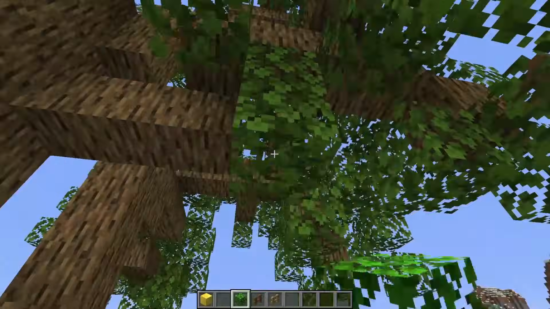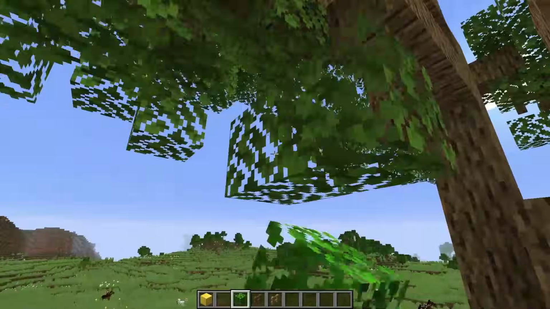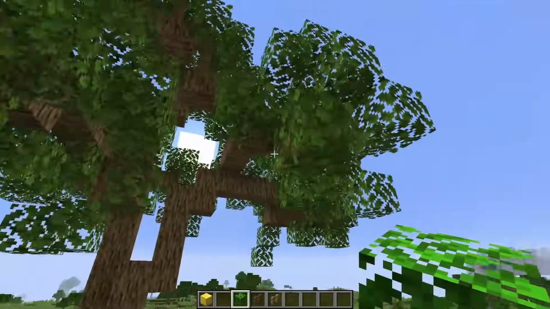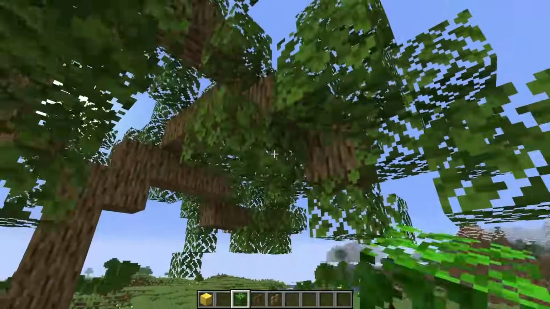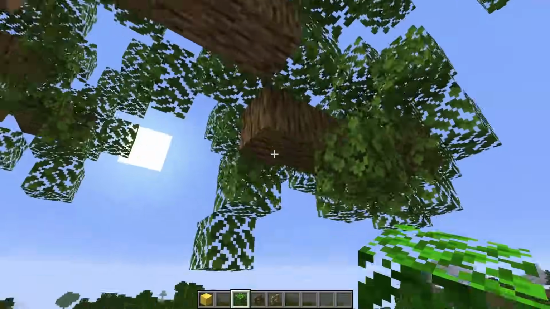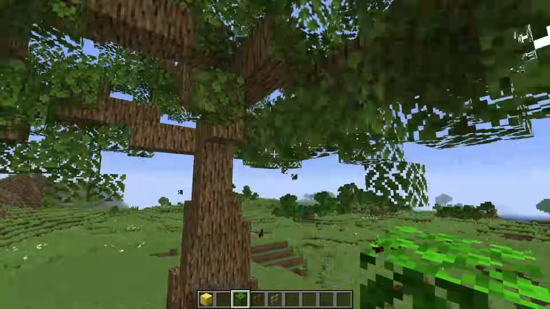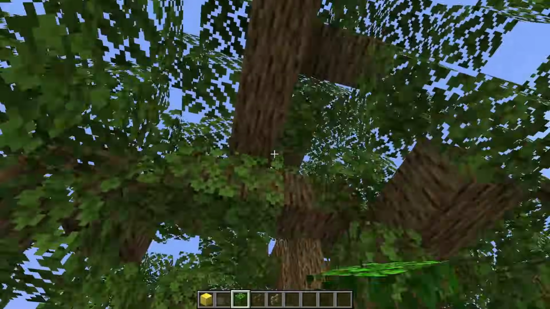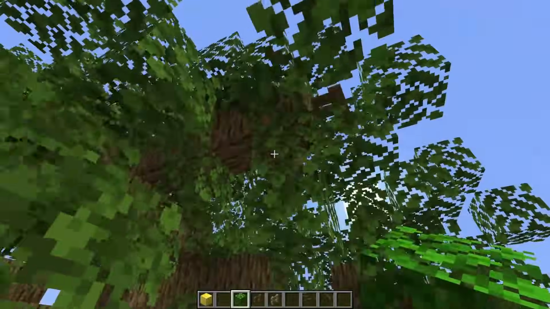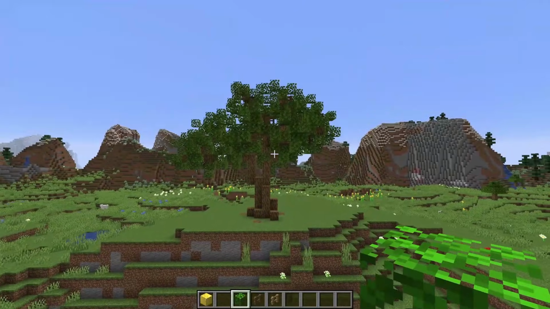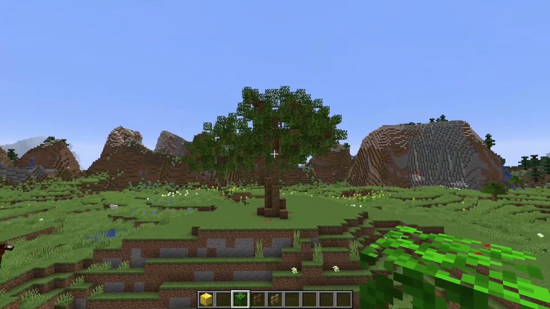If you need some inspiration, I definitely recommend looking at pictures of trees online because there are so many amazing shapes of trunks and different leaf patterns that you can get, and it's so inspiring. It's such a good idea to look at that if you're ever lacking inspiration for trees. That should be in your area. Okay, this is looking much better now.